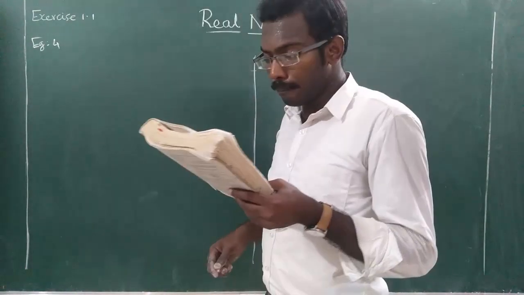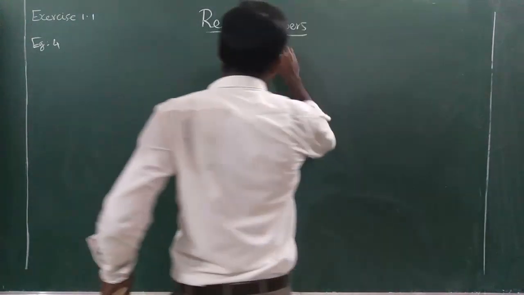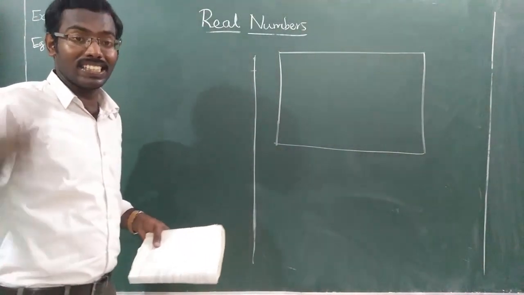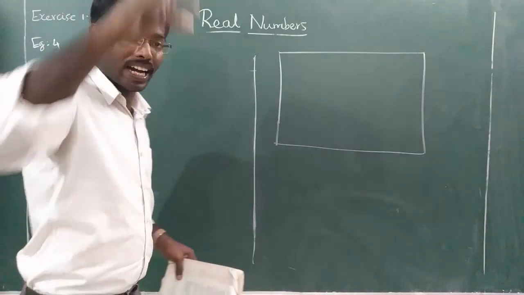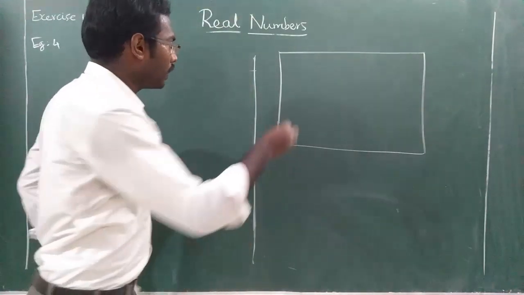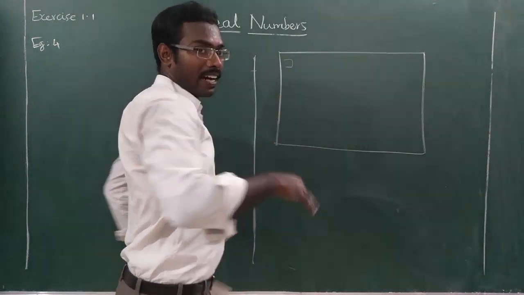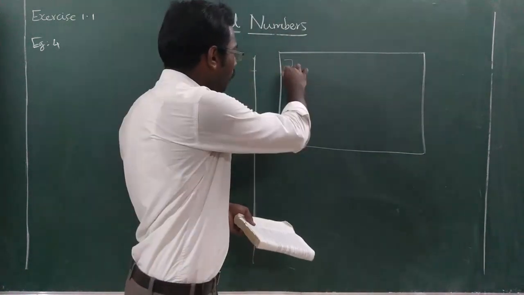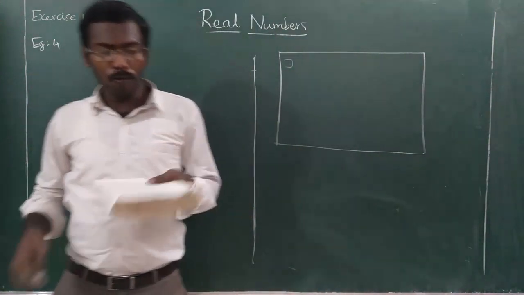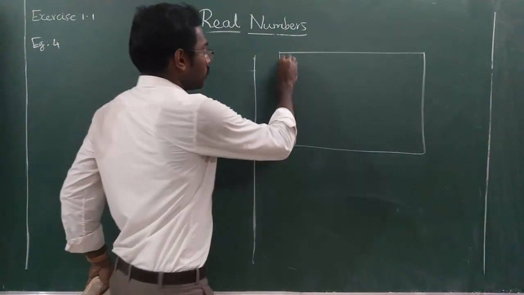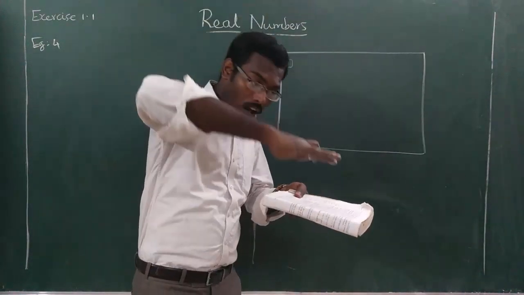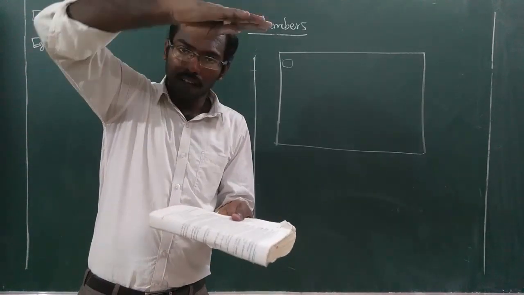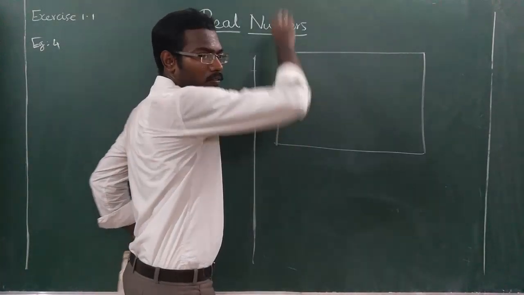Okay, so burfis are there. The sweet seller, imagine this is the tray. Then the sweet seller is arranging the burfis in a stack, a stack arrangement. So you imagine one above the other. The burfis are arranged like that, one above the other or simply one after the other. So this is one burfi above the other. Stack means like that only, one above the other. Here 1, here 2, here 3, here 4, and so on.